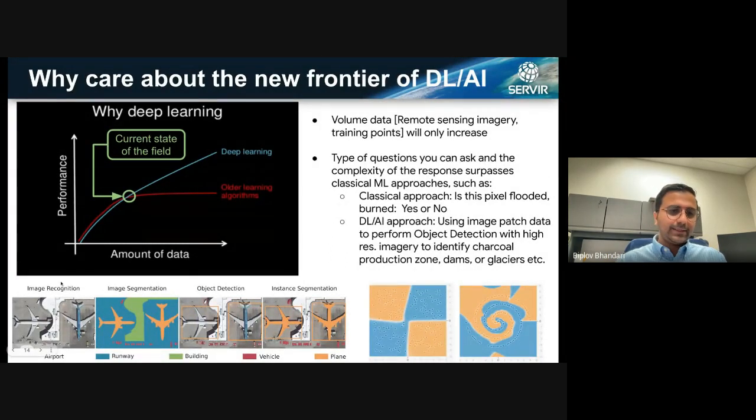Here we have an example. We have an image of an airport. You can apply some form of object detection method where it detects the airplane and provides you with a bounding box for the airplane. But you could also move forward one step, and instead of just getting the bounding box, you could actually segment the particular object that you're interested in, commonly called instance segmentation.